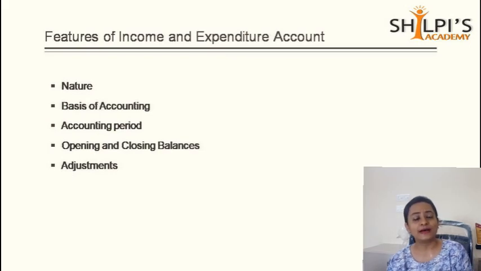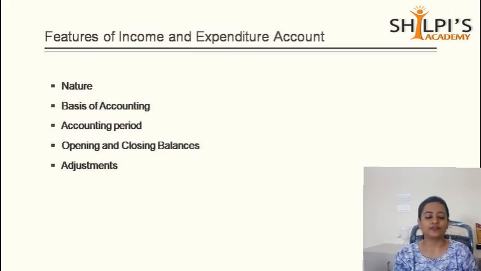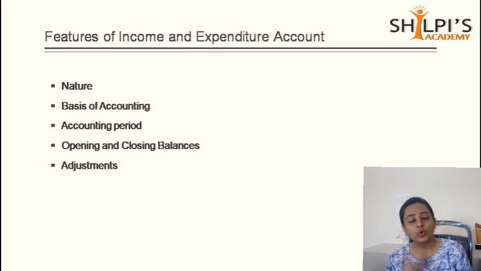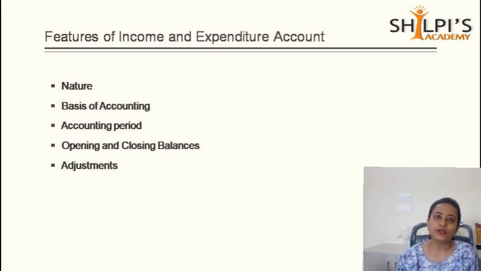I am sure you all must have studied in the 11th standard what is accrual basis of accounting. Accrual basis of accounting is basically whatever income or expenses has accrued in this accounting period, that is shown. Whether we have received the income or not, whether we have paid that expense or not, it would come into the income and expenditure account. So this basis of accounting is accrual basis of accounting. We will put all the expenses and all the incomes relating to this accounting year, whether we have paid it or not, or whether we have received it or not.